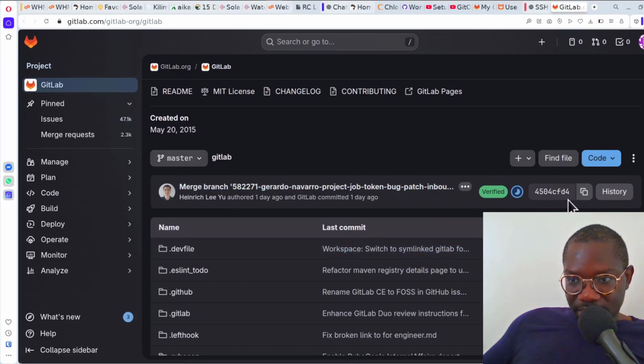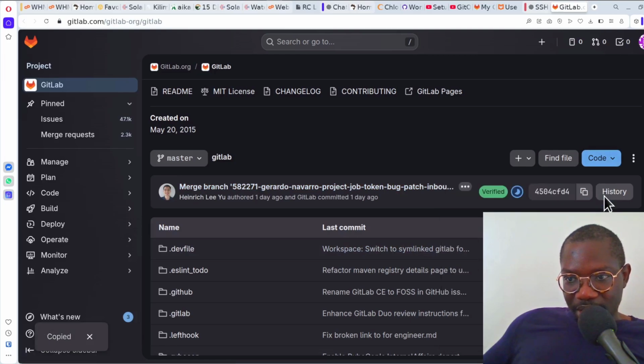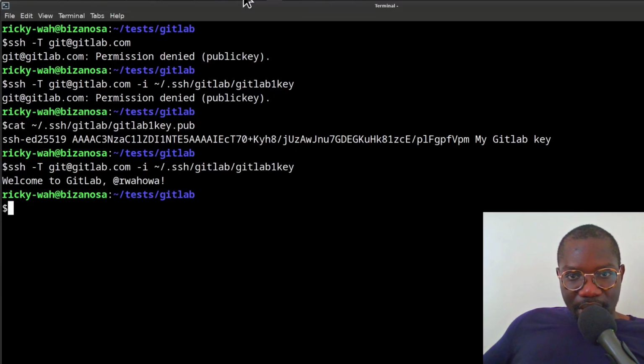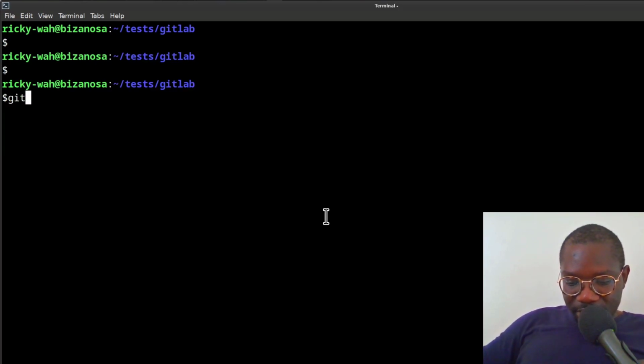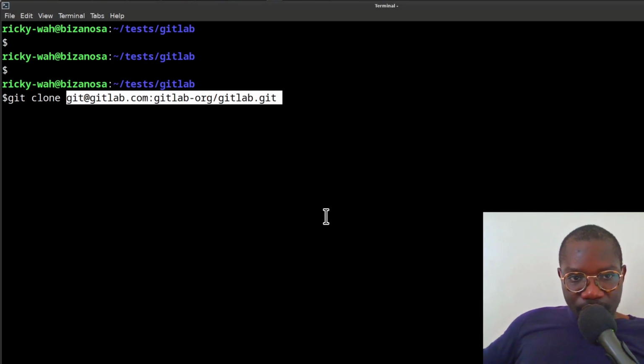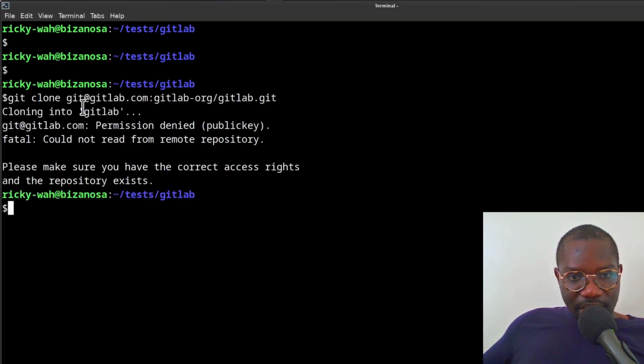So if I want to clone it, I can copy, come back, Control-L, say I do git clone without telling it anything. Control-Shift-V to paste. This is going to fail because I'm using SSH, but the SSH key is not the default key. Okay, so if you wanted to log in, one of the quickest ways to do it is to, okay,